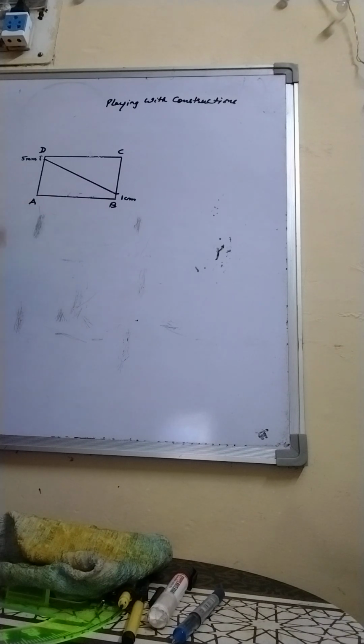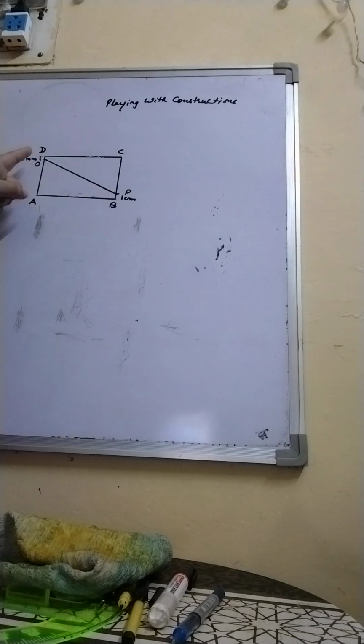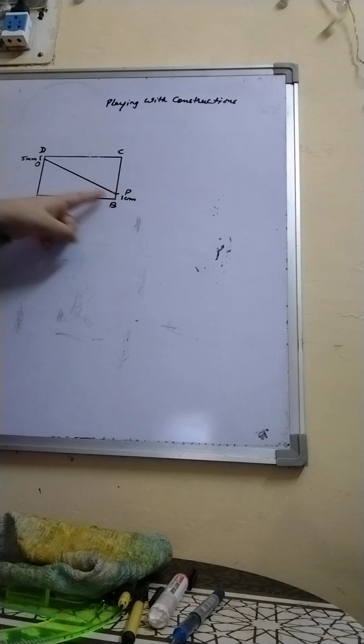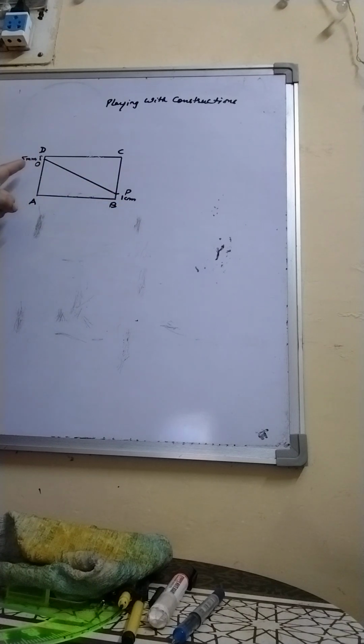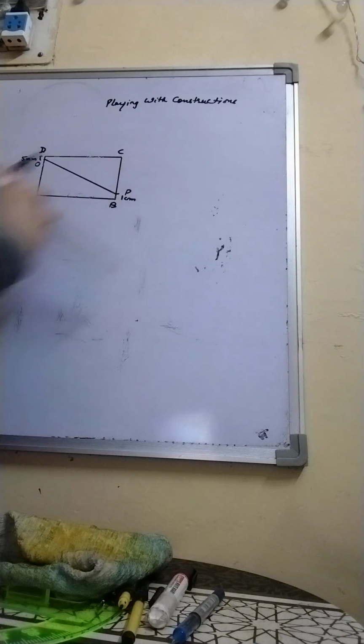Now what is the purpose of the activity? That you have to find the farthest distance from, suppose I take this as O and this as P. So what is the largest distance between OP and what is the shortest distance between OP? So let us measure this length OP. So the aim of the activity,